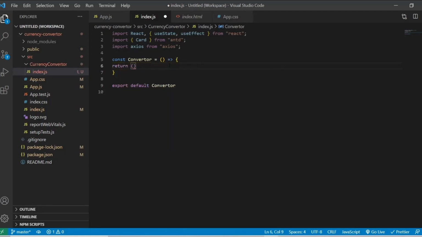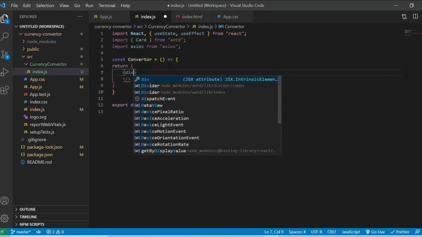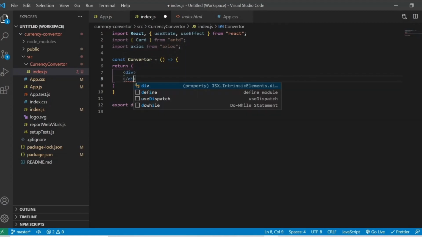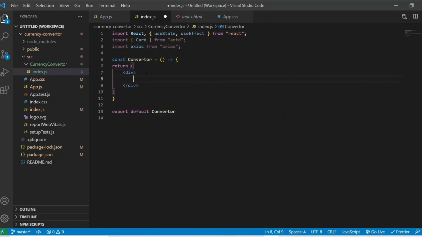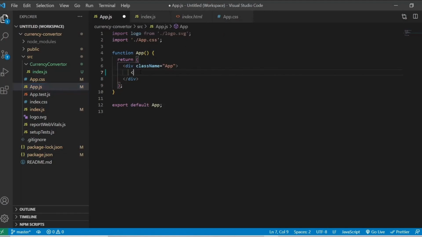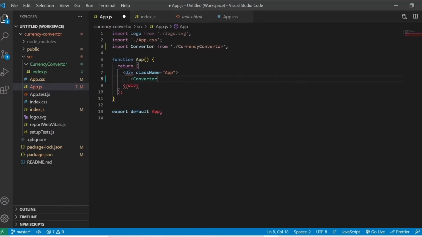And I'm just writing a return statement, and I'm using a div here, and inside the div I'm going to give one heading here. The heading will be Converter, in order to check whether it's working or not. In our App.js file, I have just imported that Converter component, and VS Code automatically imports that.